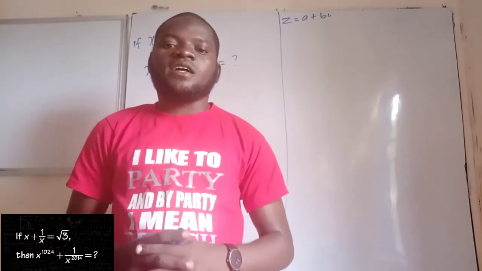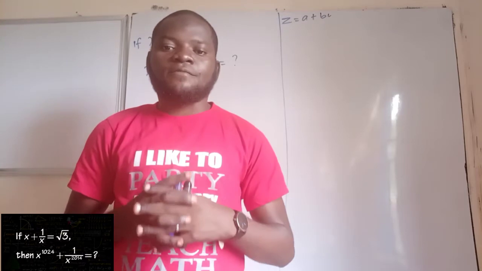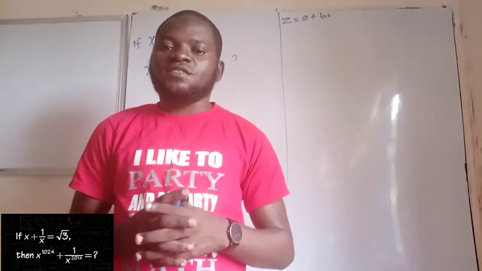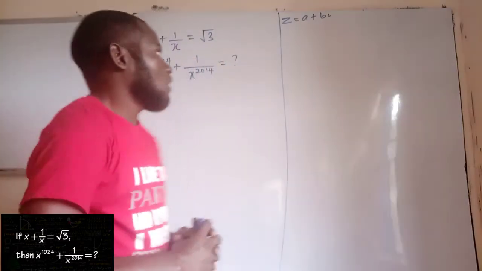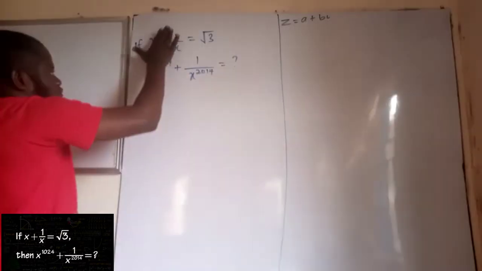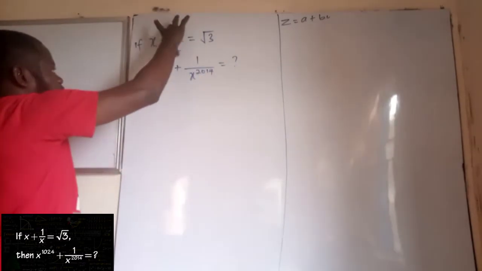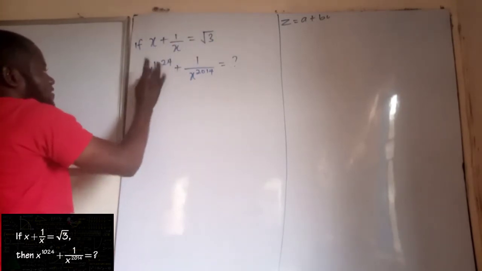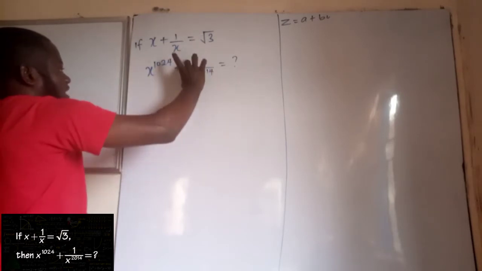Today we want to look at some amazing questions tweeted by Black Pen and Red Pen. This question is seriously amazing, but let's see how it goes. Okay, we have x plus 1 over x equal root 3. If x plus 1 over x gives us root 3, then what will be the value of x to the power of 1024 plus 1 over x to the power of